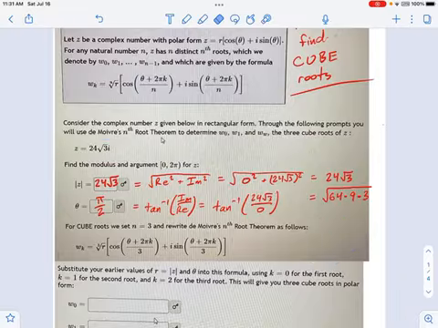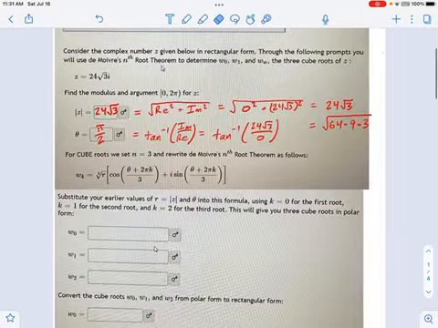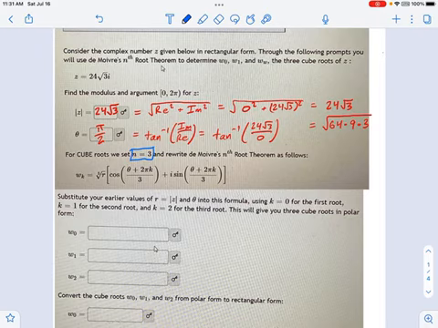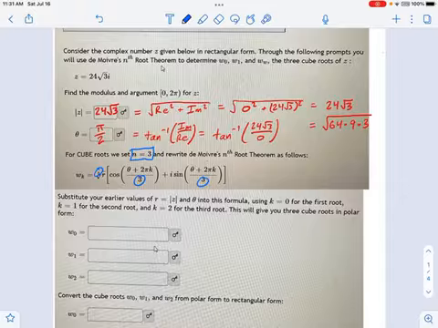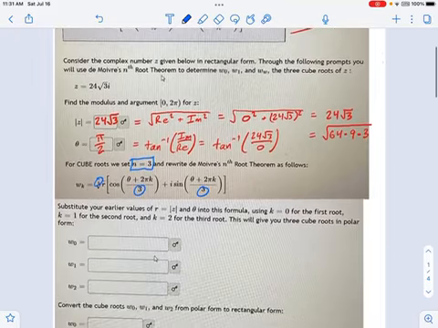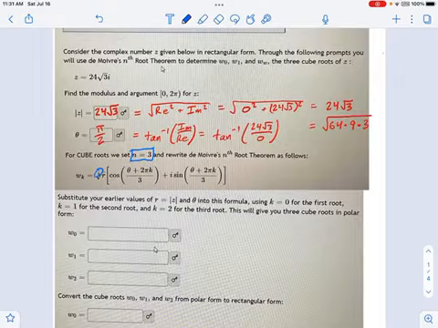Okay, so moving on. Now we're going to do cube roots, and for this, I want to set n equal to 3 and replace all the n's with 3. So there's an n, there's an n, there's an n. Compare this back to your original formula. All that's changed is I moved all the n's to 3's. Okay, great. Now, what we're going to do is use this working formula right here.